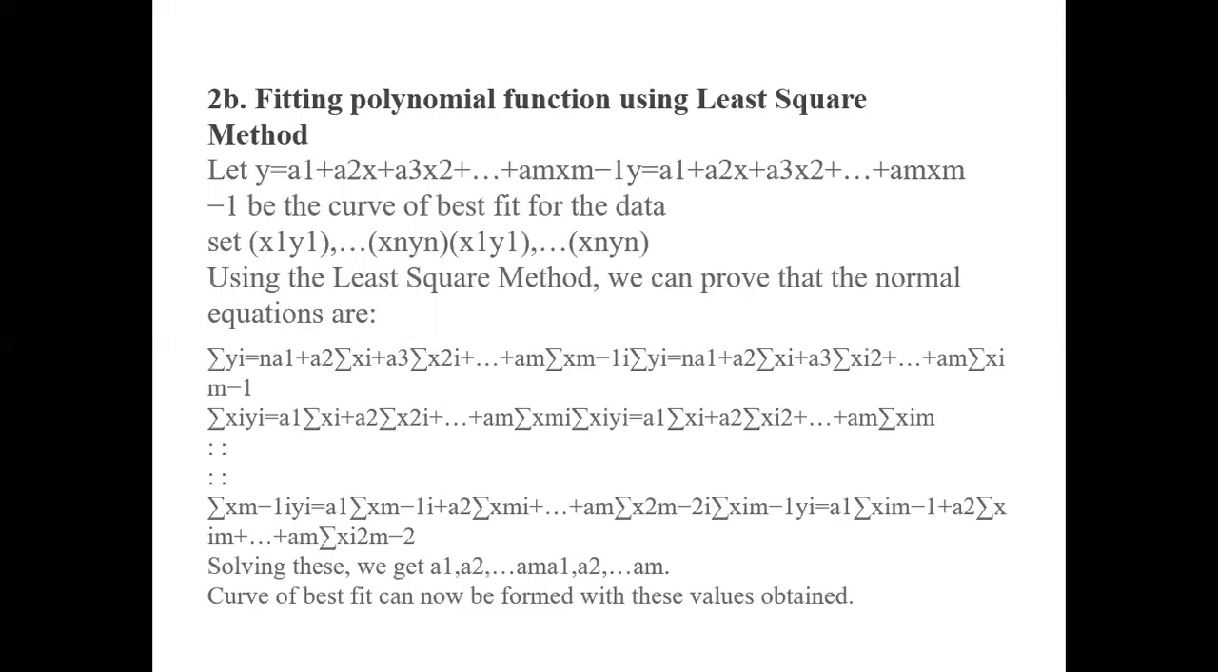So for second order or the highest order polynomial curve fitting, take y is equal to a1 plus a2x plus a3x square plus and so on, up to be the curve of best fit for the data set, that is x1 y1, x2 y2, up to xn yn. Using the least square method, we can prove that the normal equations are